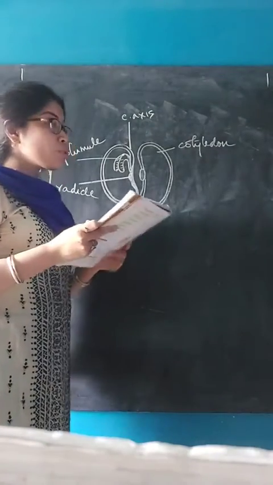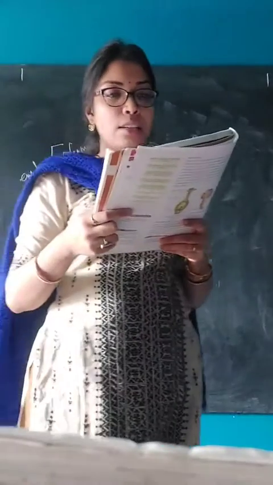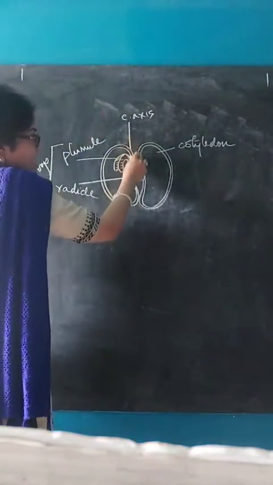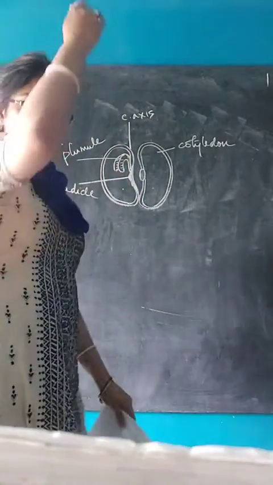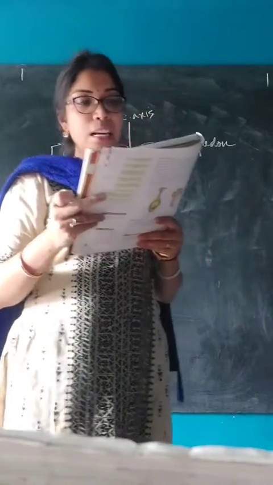It consists of two fleshy cotyledons, 1 and 2, and a short curved structure known as the embryonic axis. It is slightly curved, as you can see here, and this is known as the embryonal axis. It goes through the middle part of the embryo. The axis consists of two parts. The lower part is known as the radicle.